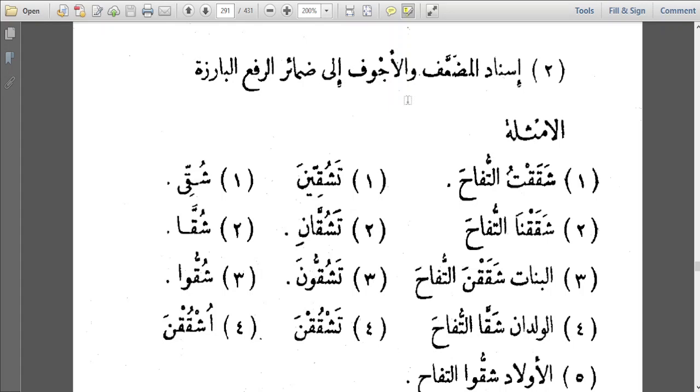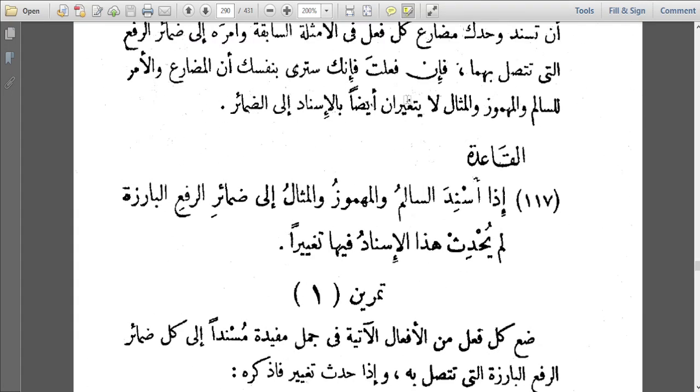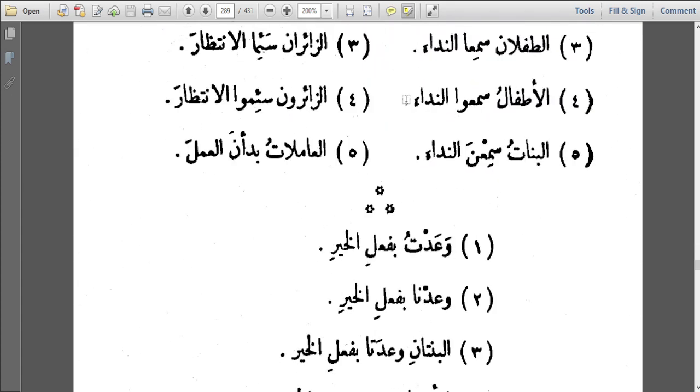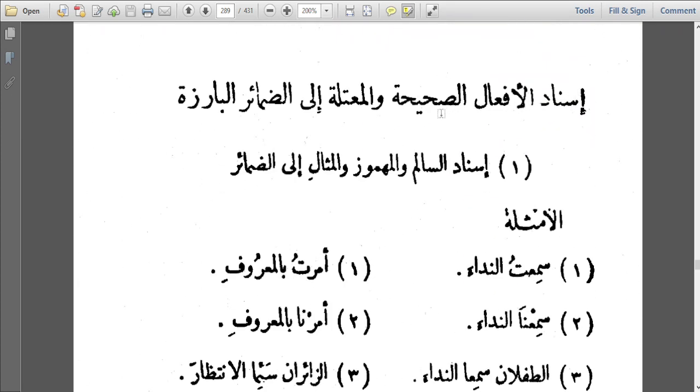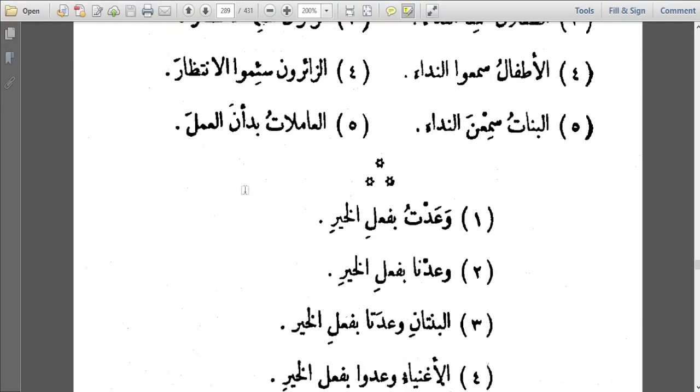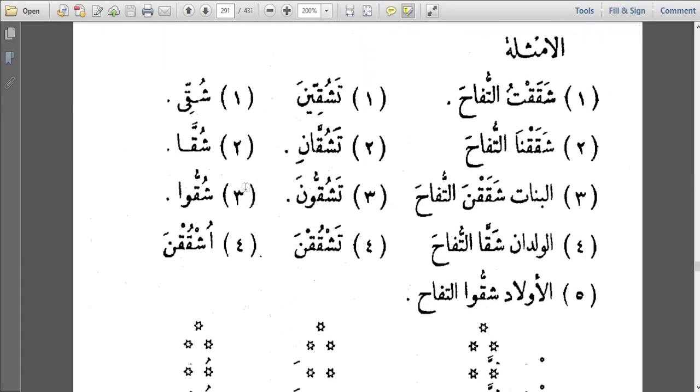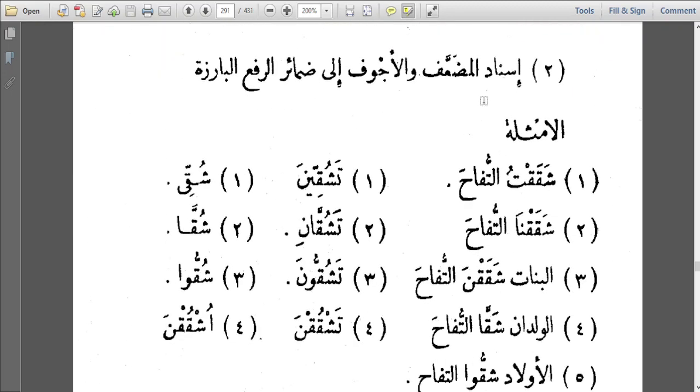We are all welcome once again to our النحو الواضح lessons. Inshallah, we continue from where we stopped, which is in the previous lessons. In the previous lesson we learnt about إسناد الأفعال الصحيحة والمعتلة إلى الضمائر البارزة, and specifically إسناد السالم والمهموز والمثال إلى الضمائر. So today we are going to look at this very simple one, إسناد المضعف والأجوف إلى ضمائر الرفع